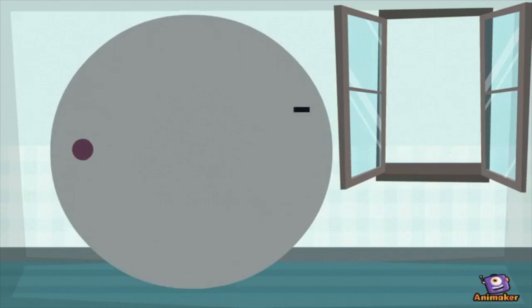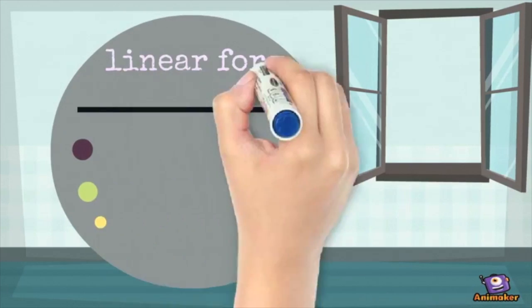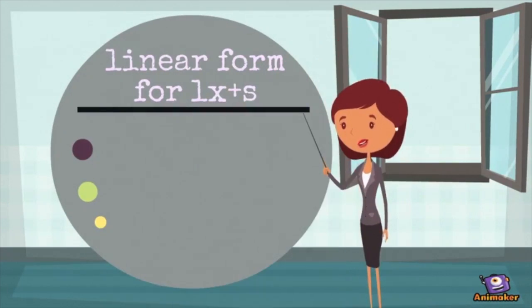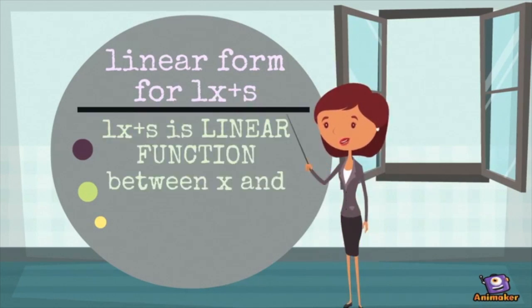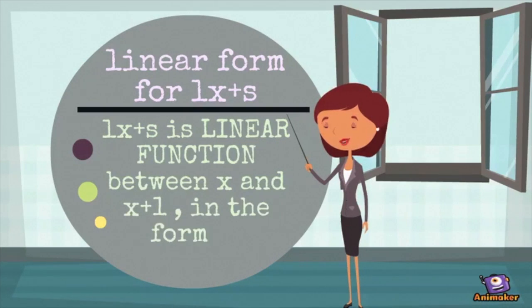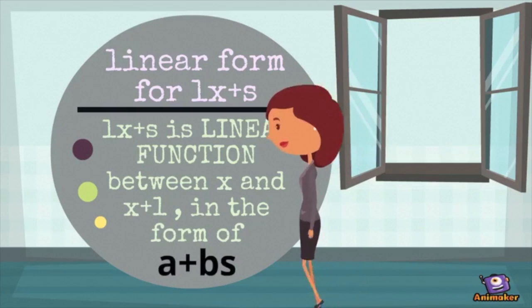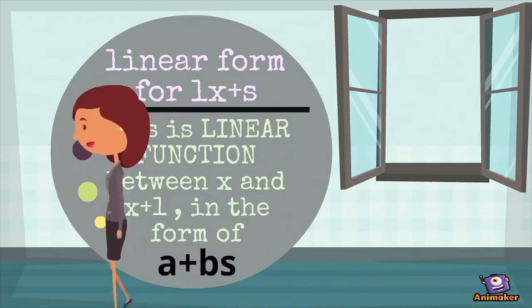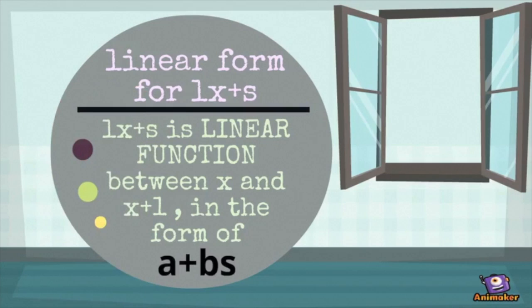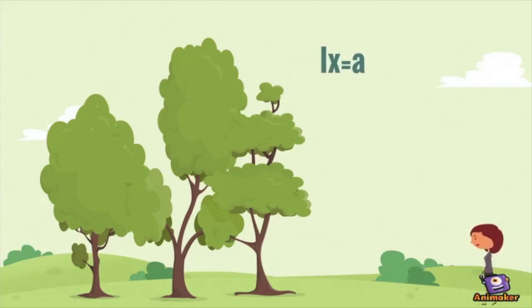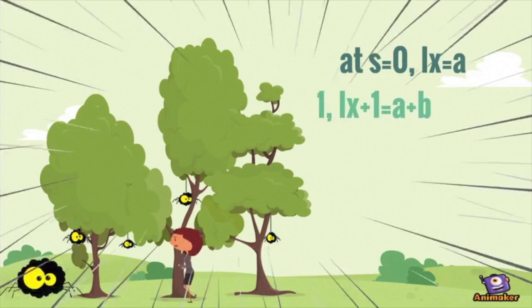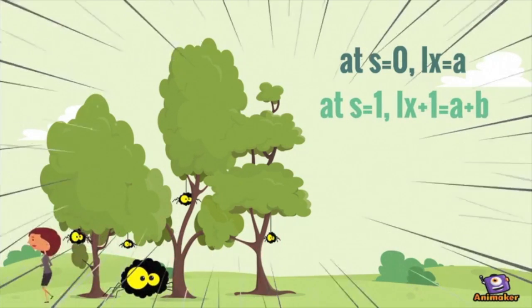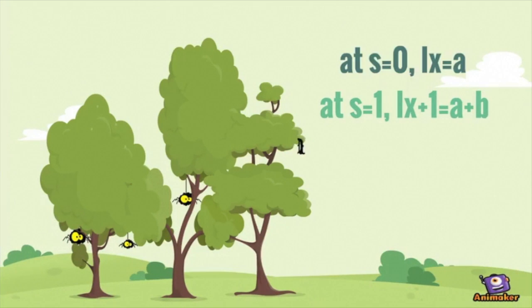We will explain more about linear assumption, linear form for Lx plus s. If Lx plus s is a linear function between x and x plus 1, then it is of the form A plus B times s. To provide continuity for Lx plus s, we require at s equals 0 that Lx equals A, and at s equals 1 that Lx plus 1 equals A plus B. So that